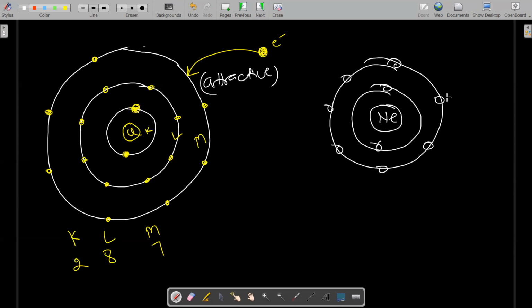Okay, 1, 2, 3, 4, 5, 6, 7, one more, 8 electrons. So now already it is stable, already octet is complete. So what happens when an electron comes and wants to add in the shell? Is it possible? No. Because in a shell maximum 8 electrons are possible over here. So now we cannot add this electron because the 9th electron is not possible in the shell.